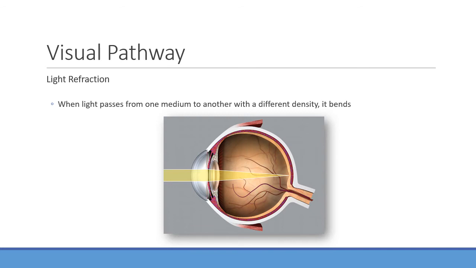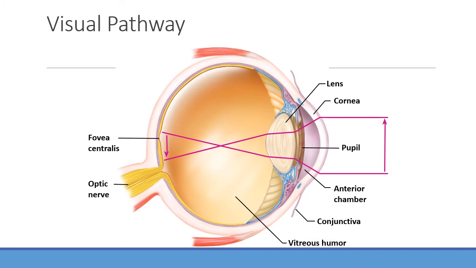The important thing here is that the lens is the main thing that helps us focus that image, because it's the one thing that can actually change. Your cornea itself doesn't really change shape at all, but the lens can change significantly. So light comes through the cornea and goes through the pupil. As it hits the lens, it bends and has its focus right there on the fovea, right?